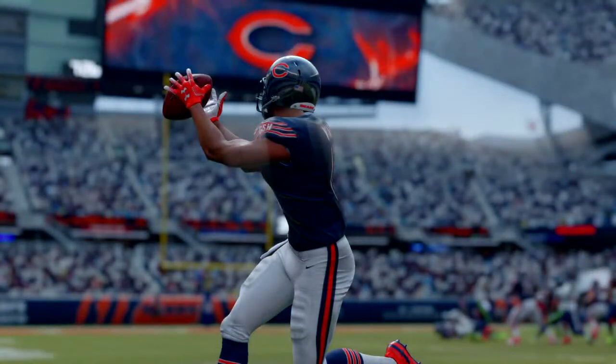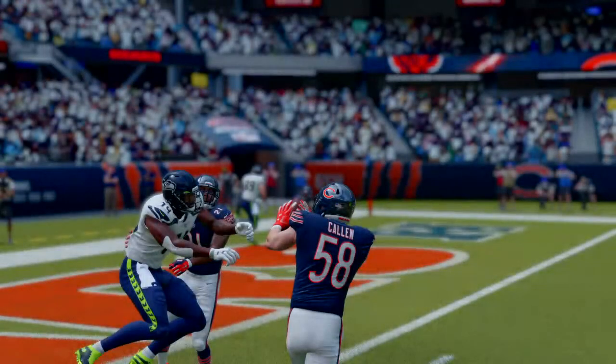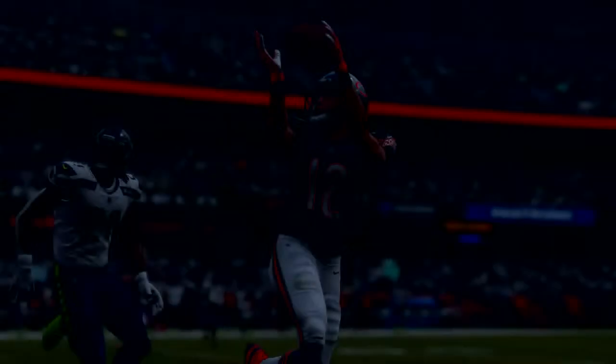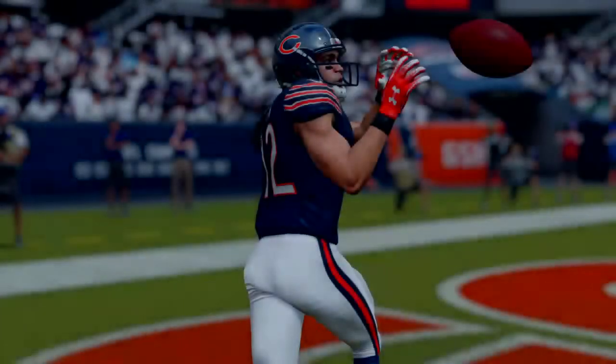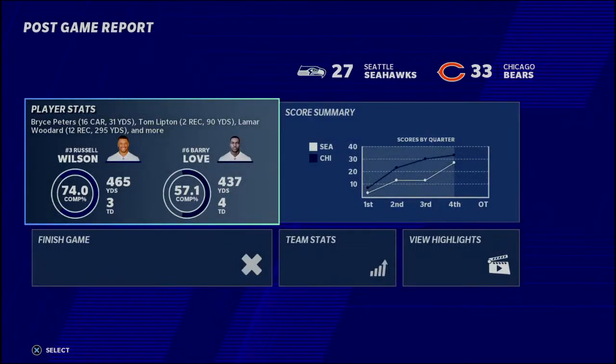So this one in the win column for the Chicago Bears. And it wasn't really always pretty. They had their bumps and bruises. Really, both sides did. But they did what they needed to do at home to get the win. Yeah, they really had to grind this one out, didn't they? Because nothing came easy. Every snap was a major league brawl. They had to win at the line of scrimmage, win